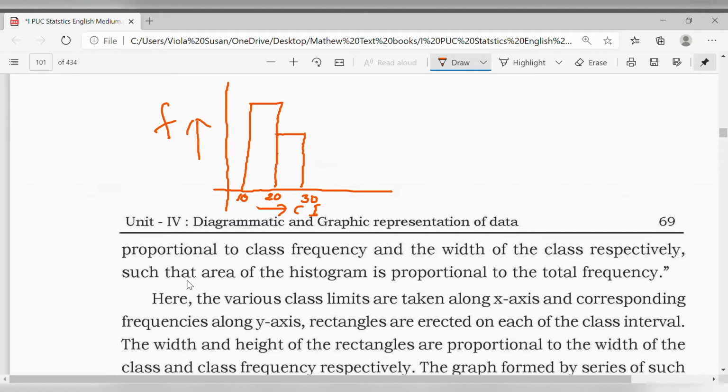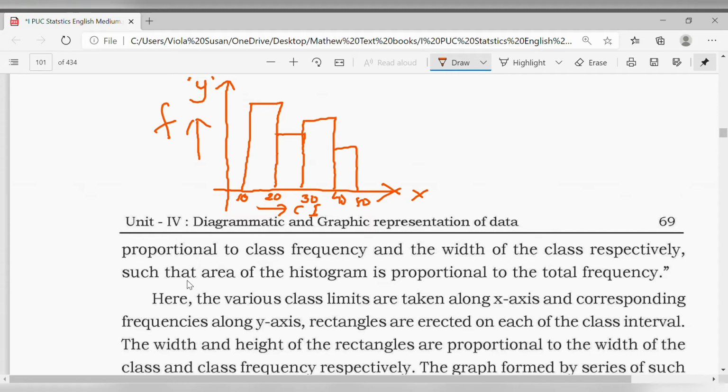This is the x-axis and this is the y-axis, students. This is how they do it. The whole area of the rectangles represents the total frequency. Like this, one more bar you may draw, 30 to 40. Another bar you may draw, 40 to 50. So this whole area represents the total frequency, students. This is what I can call a histogram. What is it called? Histogram. Is that clear? Okay, right.